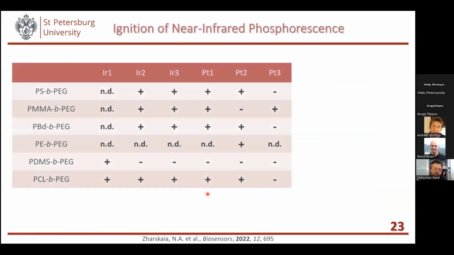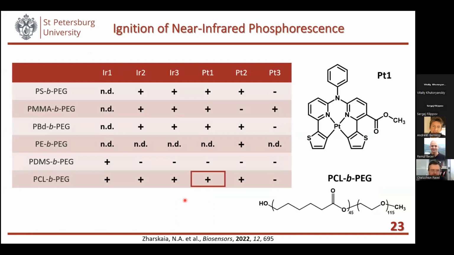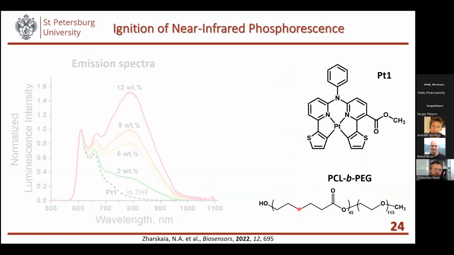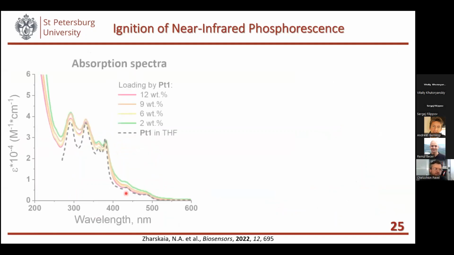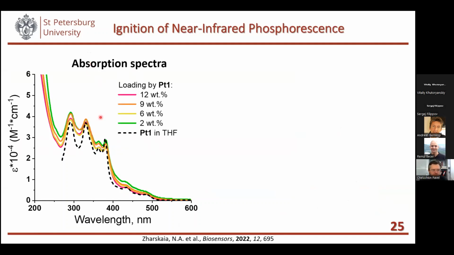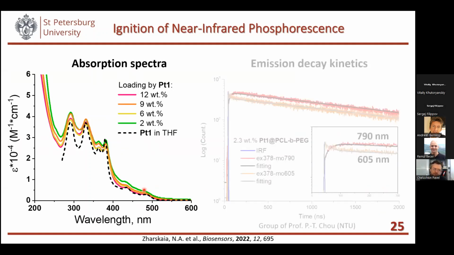And another direction that emerged unexpectedly was our finding that one of the systems based on platinum-1 complex and the same polycaprolactone copolymer demonstrated unexpected growth of near-infrared phosphorescence upon successive loading of this system. And we tried to understand what's happening in this system, and we found that neither absorption nor emission spectra change in this case, and we assumed that we deal with excimers here, and actually